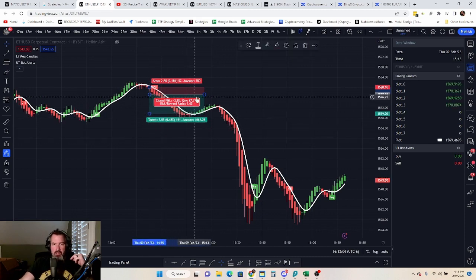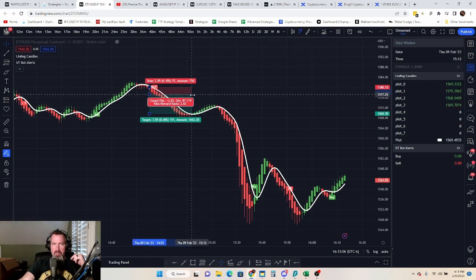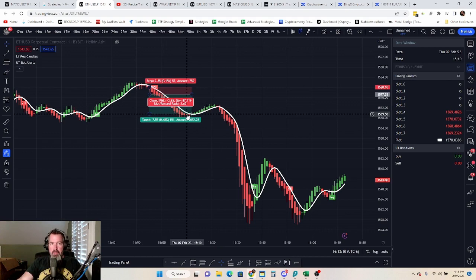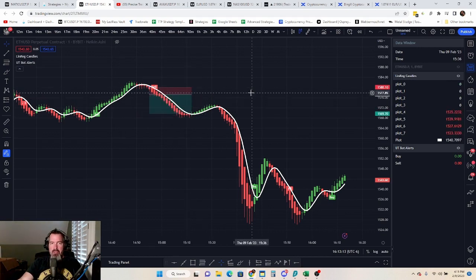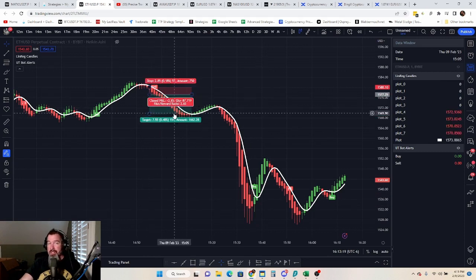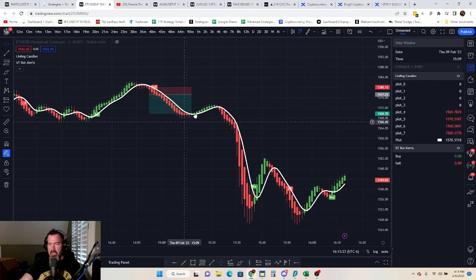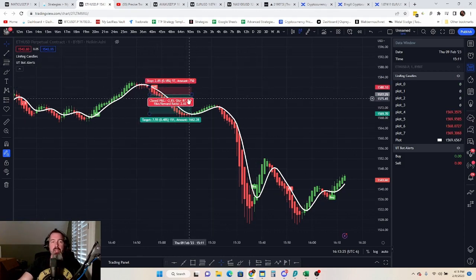I think we could actually make this strategy work a lot better, but we're going to start with this and maybe we'll do an update video in the future. So there, you would have it. This would never hit that entry point and it would go all the way down here. So one good thing we could do in the future is take out 50% of the first green candle, 50% of the second. We'll see. So anyway, that would be a winning trade. You've got a risk ratio of